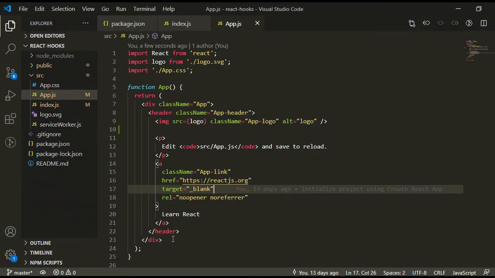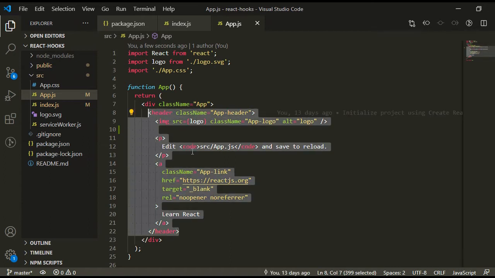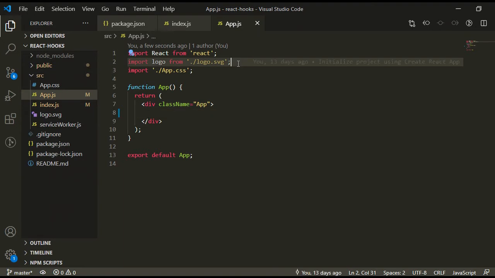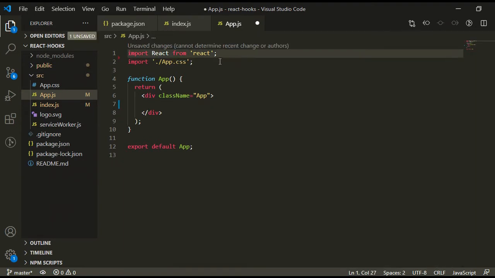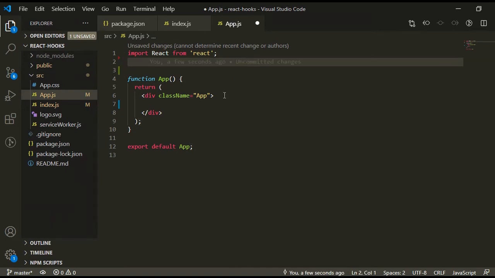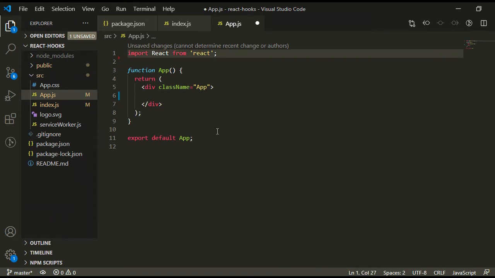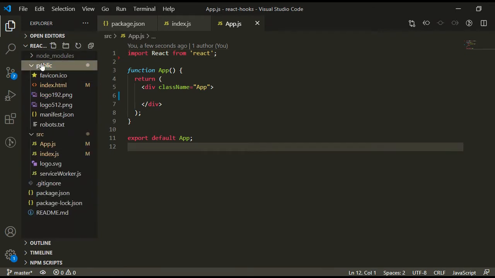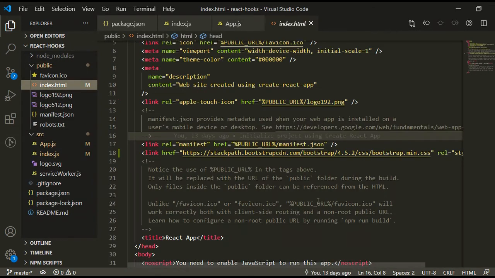So just remove all these things we don't require as of now, and also remove the logo path, and we also don't require the app.css. So here we will delete this CSS file because I am using the Bootstrap CSS.